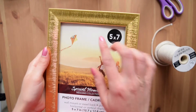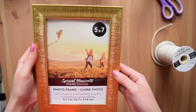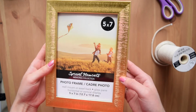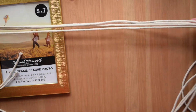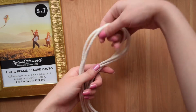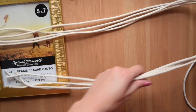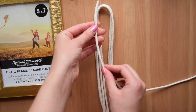For my last project, I picked up this gold Dollar Tree frame. I really liked the texture of it and thought it had a very boho look. I have lots of scraps from previous macrame projects that I've been saving, so taking 4 of those pieces, I don't know how long they were, I folded them in half,